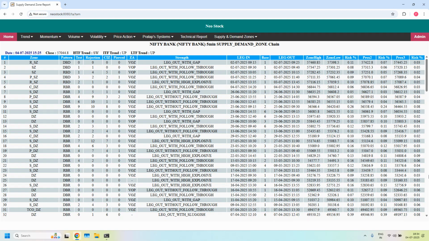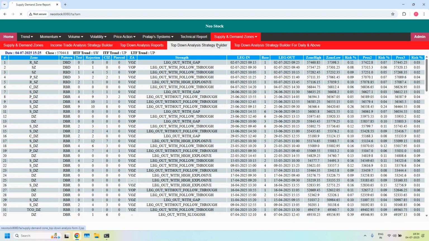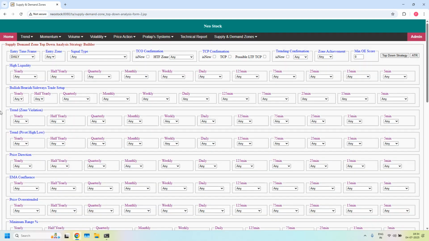Next, I will generate bullish, bearish, sideways trade setups for monthly, weekly, daily and hourly income trades. First, I will generate a sideways long trade setup for monthly income trade. For any monthly income trade, entry time frame is daily, and entry zone for long trade setup should be demand zone. And also in this bullish, bearish or sideways trade setup parameter at entry time frame daily, I am selecting sideways